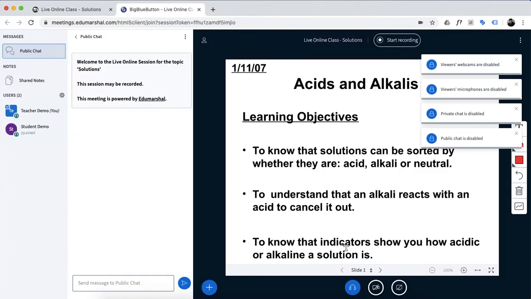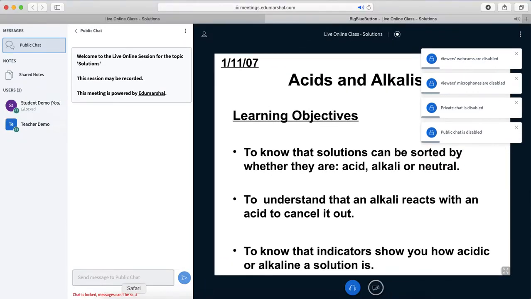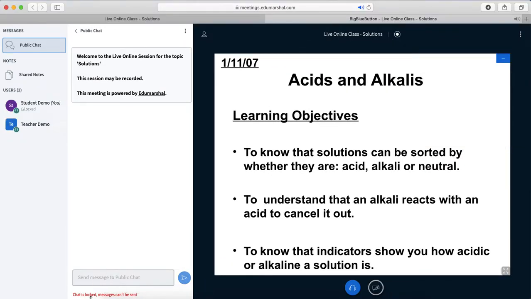And once the teacher applies that, on the fly these features get disabled, and from a student's perspective, the student will not be able to send any chat messages as they're locked, will not be able to turn on their webcam or share their microphone. This is to convert the session into a webinar mode where the students can only listen to the teachers,